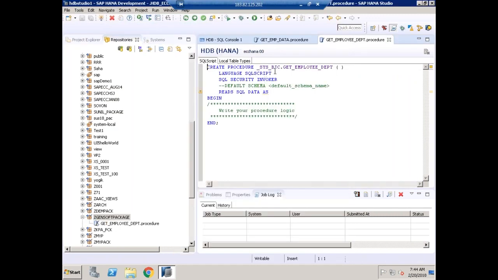Yeah, now you can see it is allowing me to create the procedure. The template is auto generated. So create procedure: this is my schema name dot procedure name. Okay, done. What is my agenda here? I want to get the employee data. So I don't want to give any input parameter. When I execute my procedure,